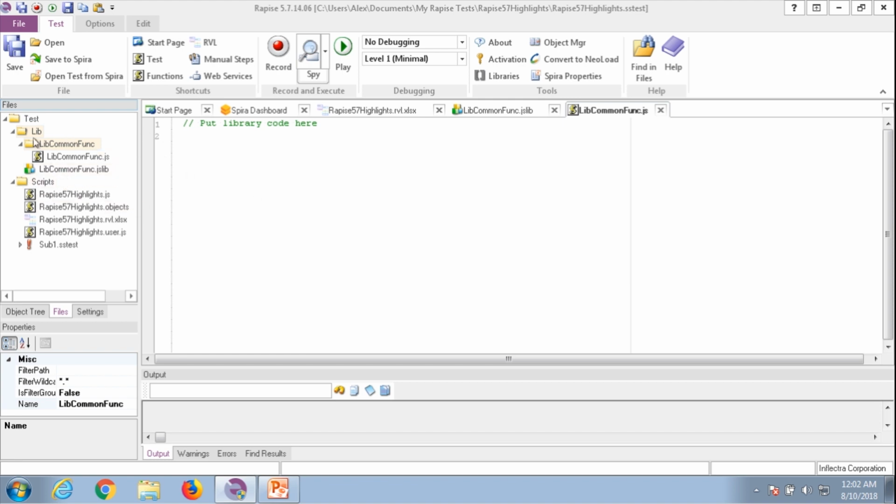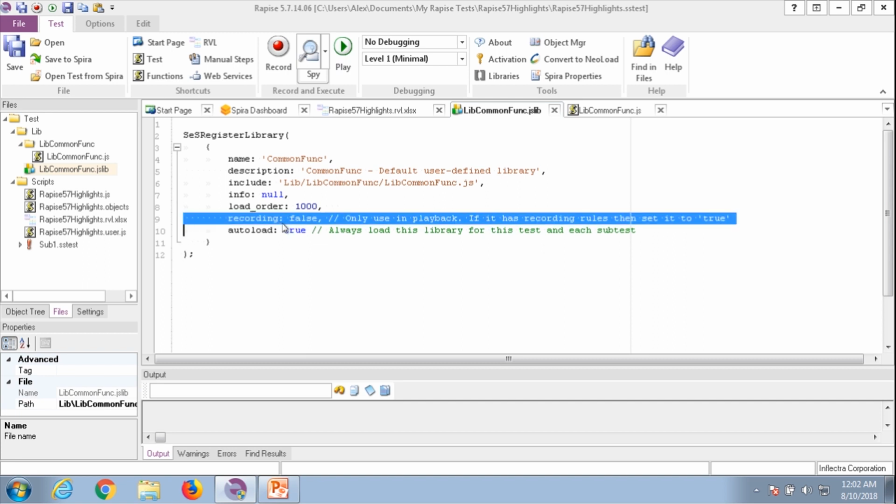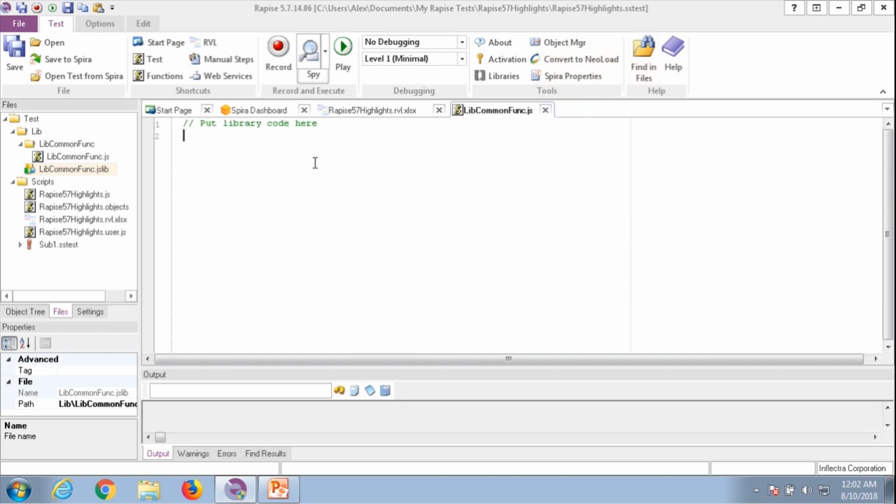So you may create a library which, first, automatically loads to all subtests, even if you execute them from the main test or you execute them alone. This library will be loaded because there is an option for that, which you may of course control. And it's not participating in recording, although you may change it, and you may also add some recording definitions for your test framework. As for auto loading, you may do some useful things, like first of all you may do